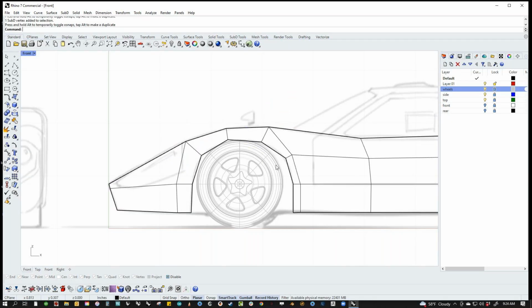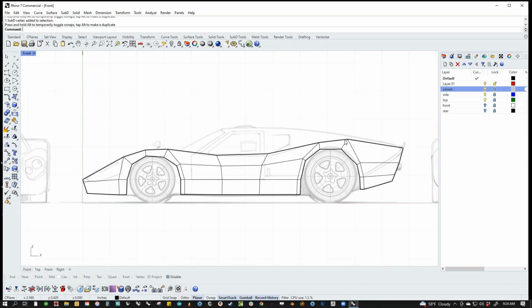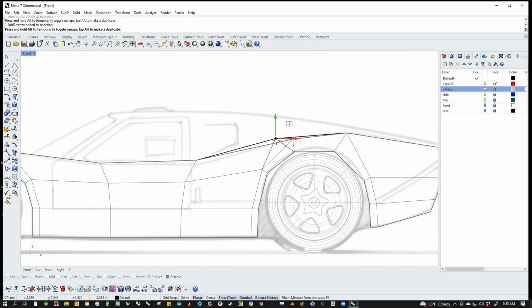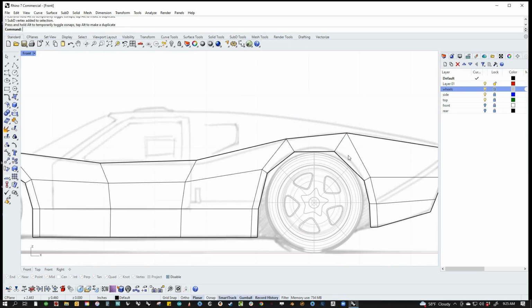All right, so now we're going to just do a little cleanup and say, okay, let's put this in, and let's make this in shapes that aren't horrific. And so I'm going to just pull this around a little bit. I like to have these kind of be a little even and